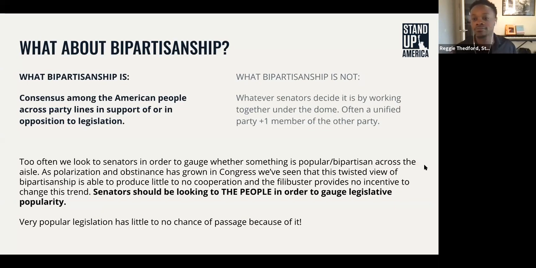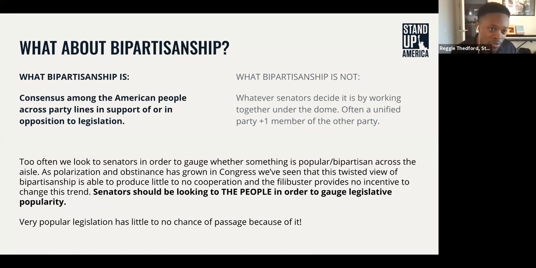All right, so bipartisanship. Some folks think that the filibuster produces bipartisanship. Now, first, let's talk about what it is. Bipartisanship is consensus among the American people across party lines in support of or in opposition to legislation. What isn't bipartisanship? Whatever senators decide, by working together under the dome,